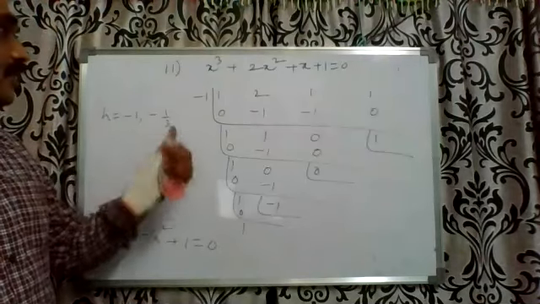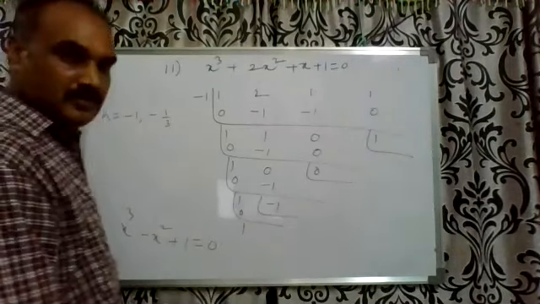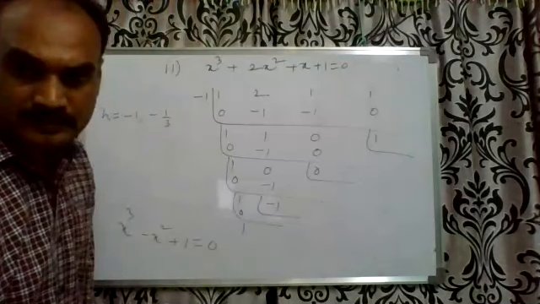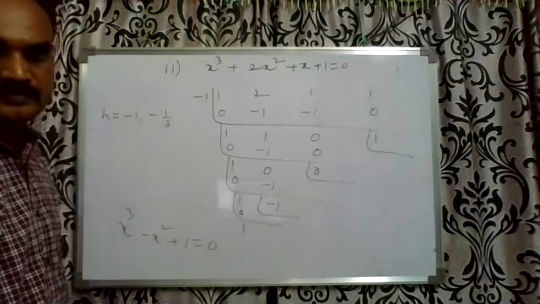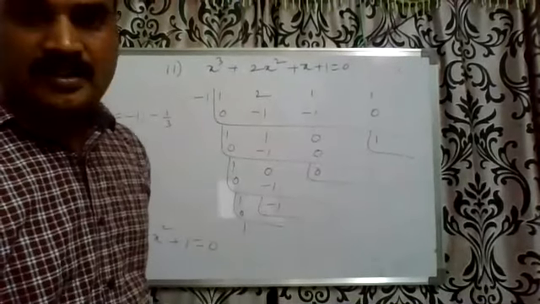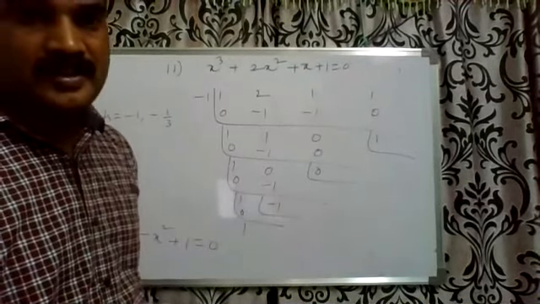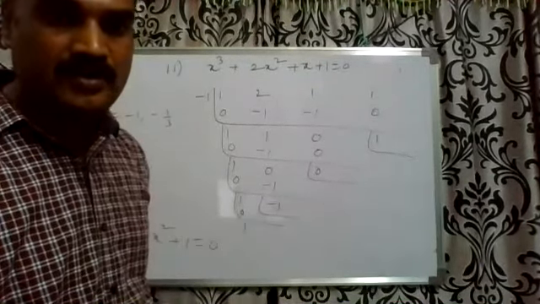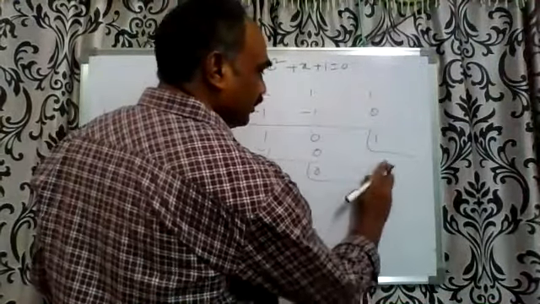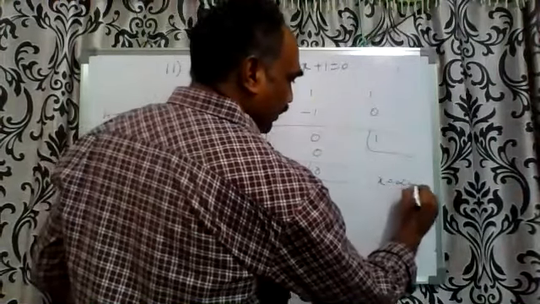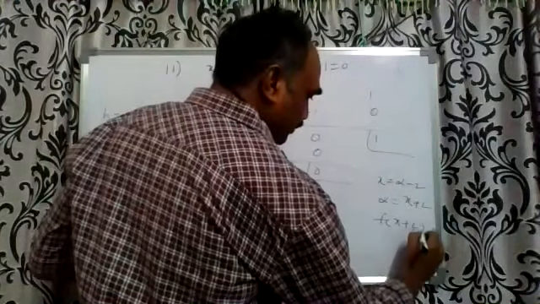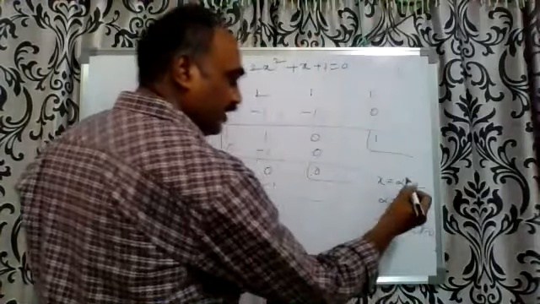Next, diminished by minus 1 by 3. So try this model, diminished by minus 1 by 3. The diminished models are translate by minus 2. Translate by 2. So translate f of x by minus 2: x is equal to alpha minus 2, alpha is equal to x plus 2. Alpha is a root, f of x plus 2 is equal to 0, diminished by 2.